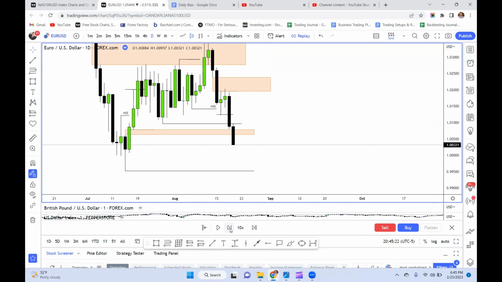Let's see what happens. So it opened, Judas swing, rallied up, well, manipulation up, and then it rallied off. So we could have got in on a sell there, took out this one right here. Now we could see it either come up, retrace back up into this range, or it can continue selling off here. And so we would anticipate